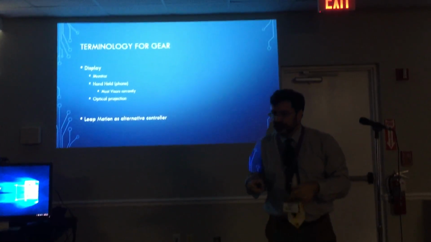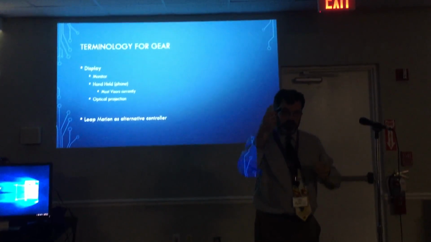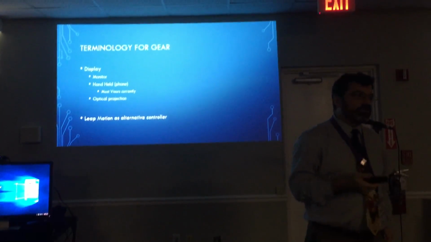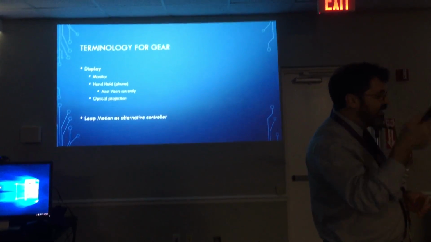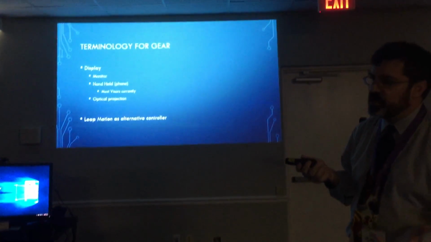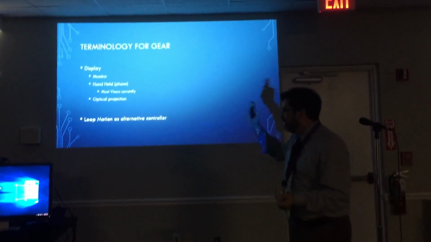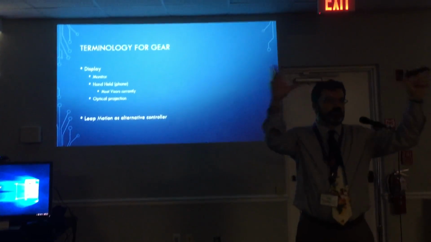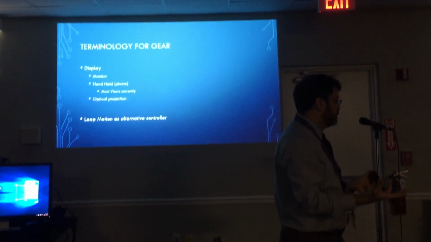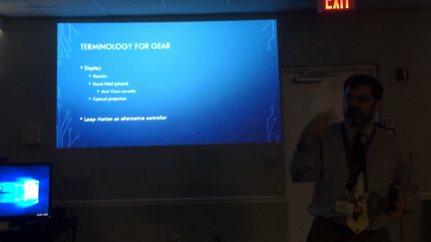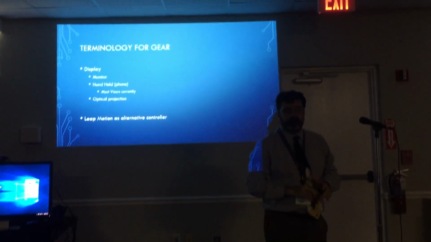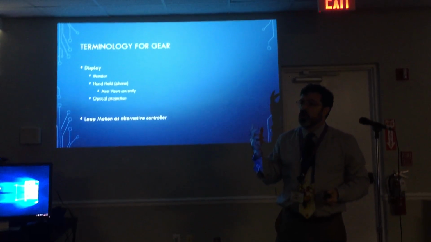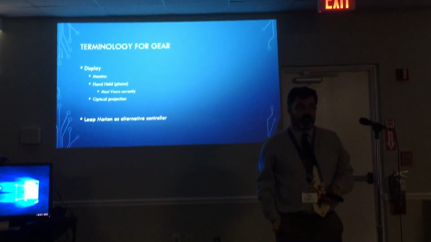Leap Motion is the way you're going to control that. Because if your phone's up here in front of your face, how are you going to do anything? How are you going to control it? Leap Motion's a really good alternative for that. We have that at the library. You can come check it out, just like everything, for free. Leap Motion is a little box about the size of a pack of gum, and it replaces your keyboard and mouse for your computer. You just start using your hands. It's kind of like a Kinect for an Xbox, if you guys have been playing on Xboxes, where you can manipulate things with your hands and do stuff. It turns out the biggest thing we use it for at the library is playing chess.